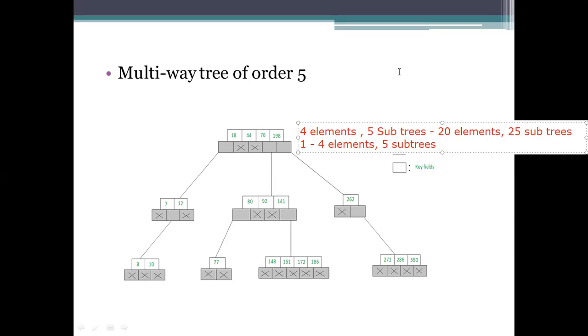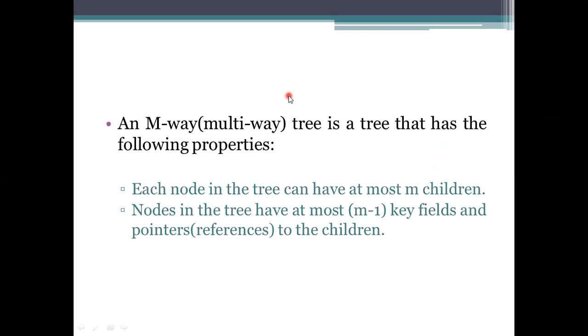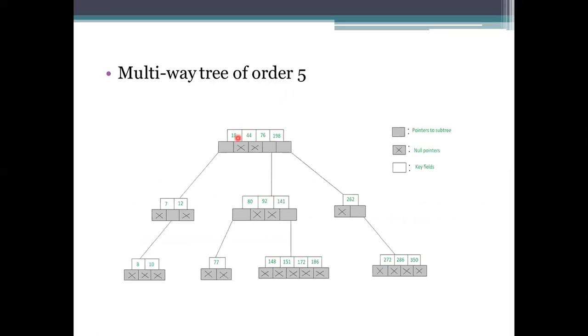Order here is the specification we are using. Order means the number specified here, so M is the order. Each and every node will have M children for the processing. And the key fields should be M-1, meaning where we store the elements: M-1 means 5 minus 1, so 4 elements have to be stored, and there should be pointers to the children. For each and every node there is a pointer.